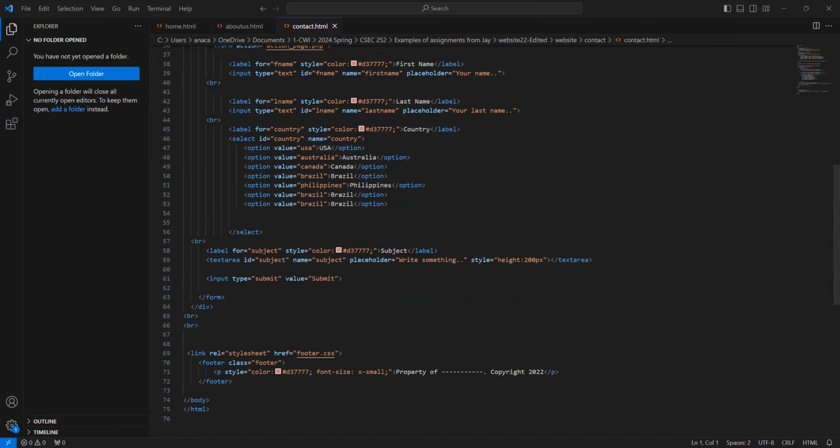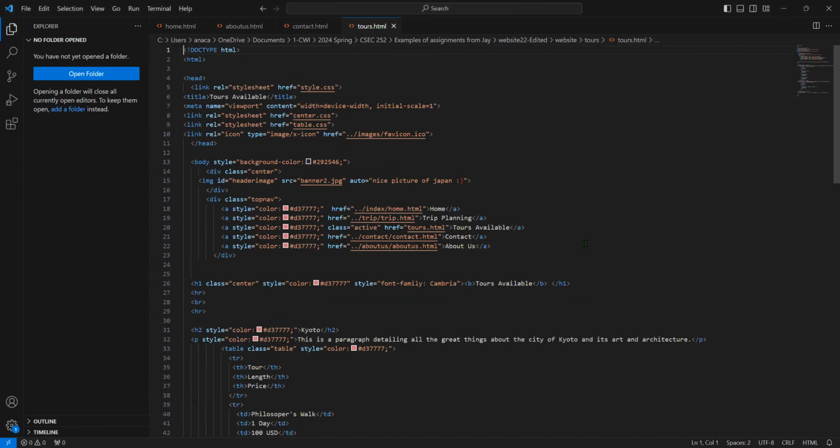Okay, now let's open up, let's see which one we have next. The images just has their favicon in it. They have one that's tours. They basically made a tours of Japan, which is, if there's something you're interested in, be it video games or things like that,